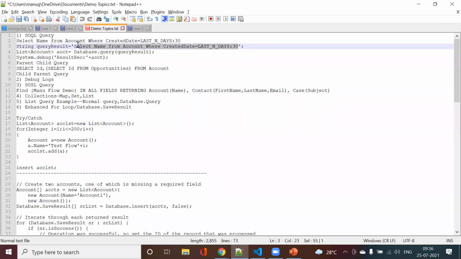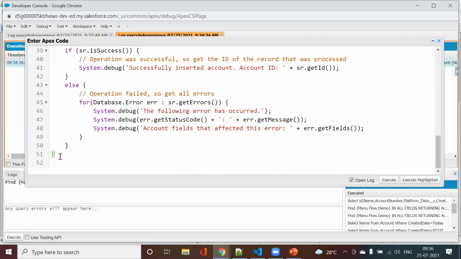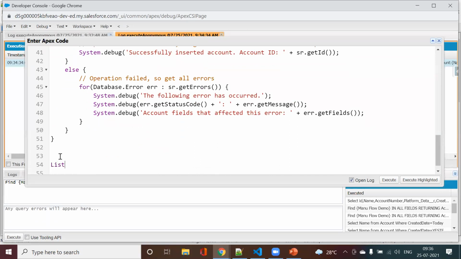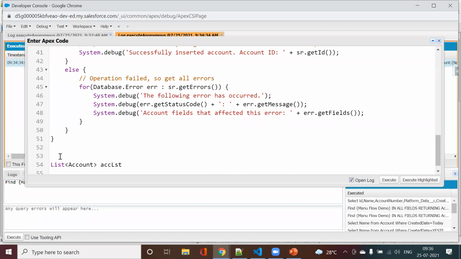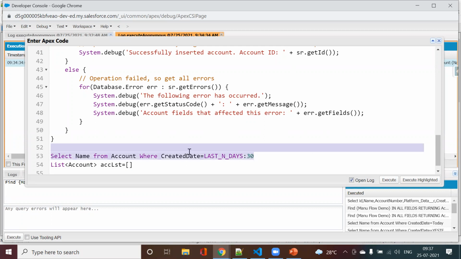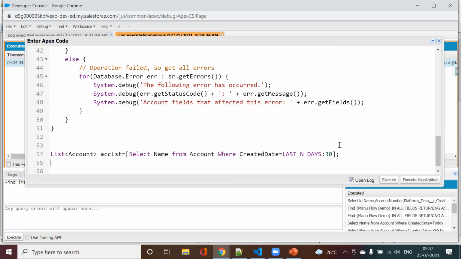These collections I will discuss with you later, but first, just for your example, I will show you this example. So here, how it is: List, you write the name of the object that you want to query, just write any variable name that you want to assign it, write it equal to, and then you have your square brackets, and here just copy the query. Now just try to put the debug here.